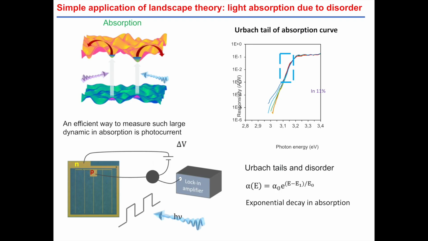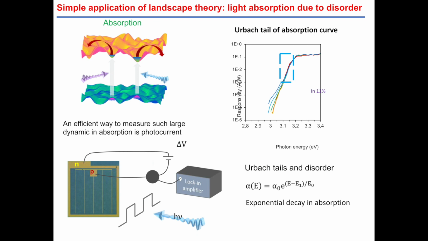So now that we have all of that, we can try to check how the theory works. So we can model some experiments. The first experiment that we try to model is the absorption coefficient, absorption measurements. We are sending photons into this disordered potential of electrons and holes. We have transitions from the valence band to the conduction band. And of course, the absorption energy will depend on the position, depending whether we have a peak or a deep state here. We have energies which vary point by point.